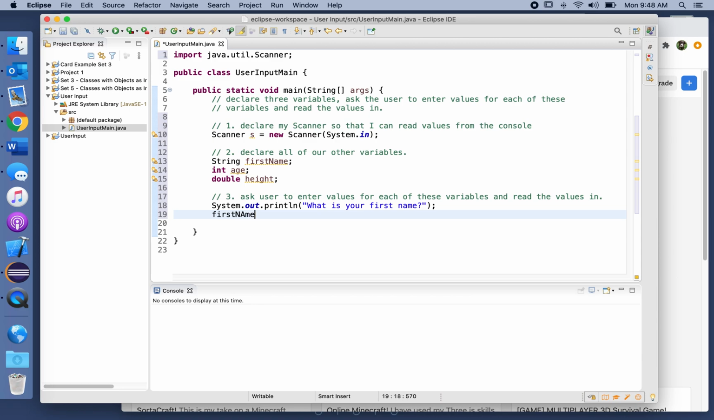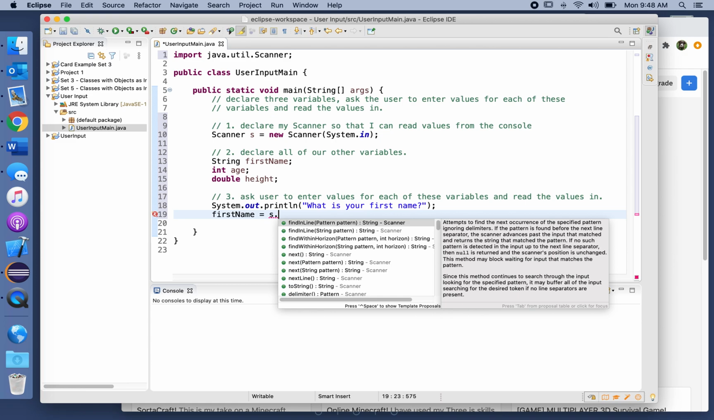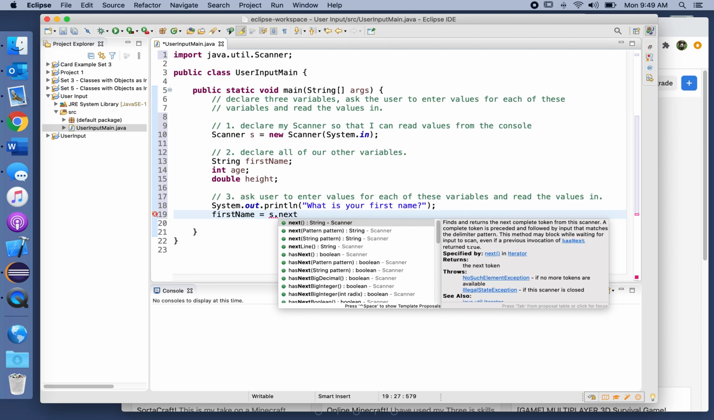So I'm going to say first name is equal to, right? I'm getting ready to set my first name variable equal to a value. Now, what value do I want it to be equal to? Well, obviously, I want it to be equal to a value that the user is going to enter. And I have to use my scanner to get that value. So I'm going to say s dot. S is my scanner. I'm using a method from my scanner, and I'm going to start typing, and I'm just going to say next